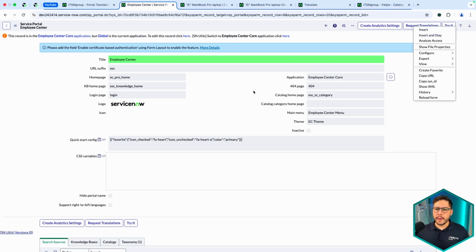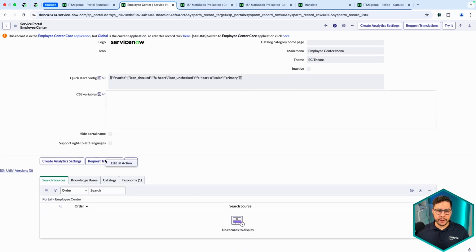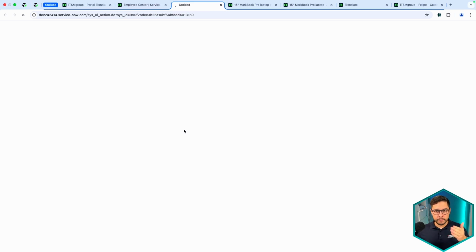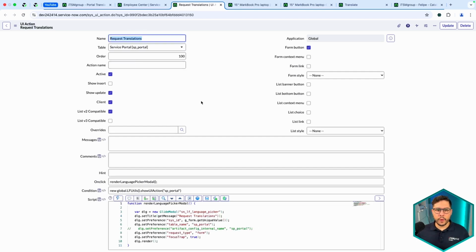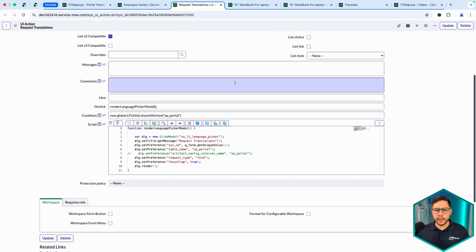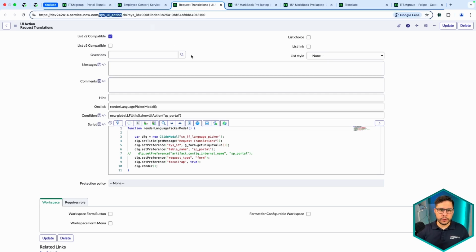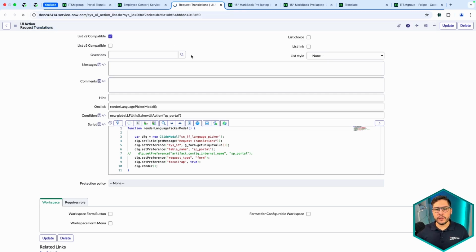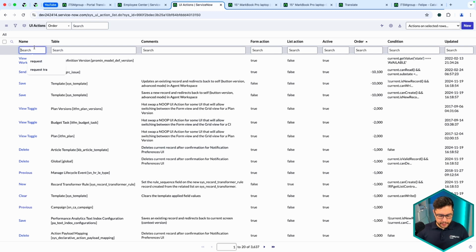So only as a matter of showing you how it looks like, if you click here on Edit UI action, you're going to be redirected to this UI action itself. And you can use one of the existing UI actions so that you can simply insert and stay instead of creating everything from scratch.